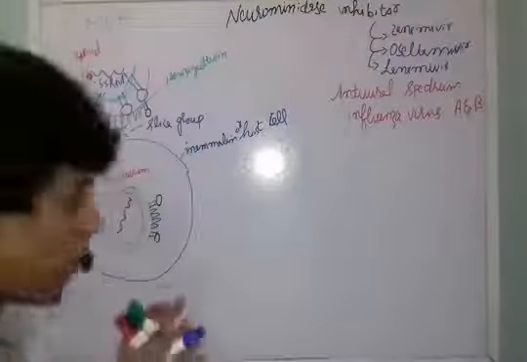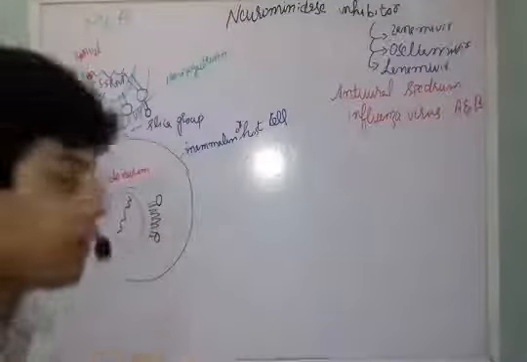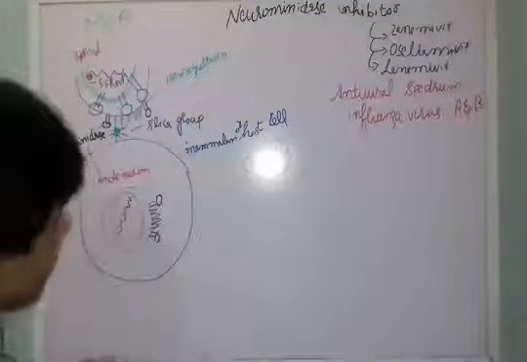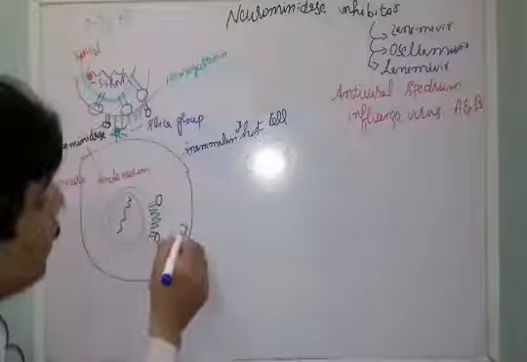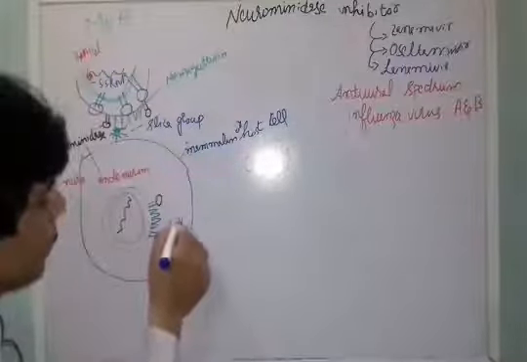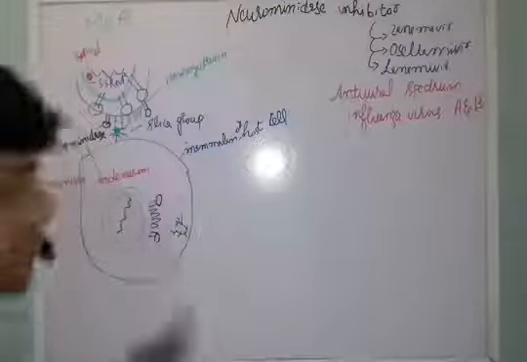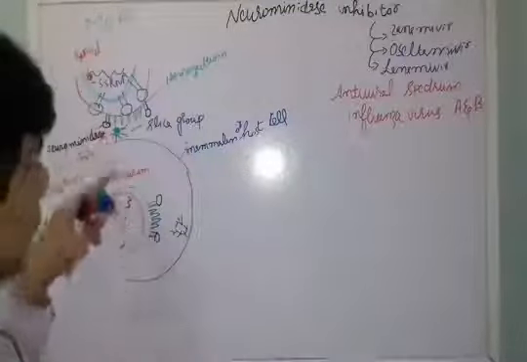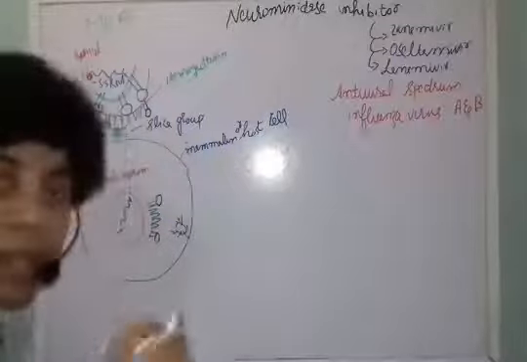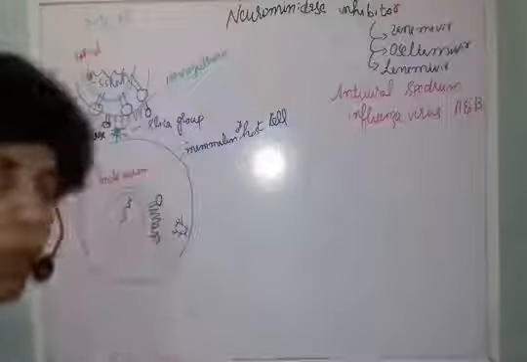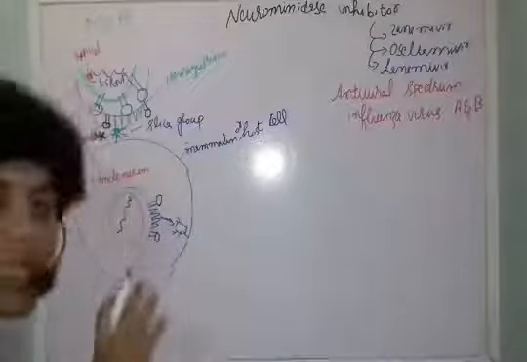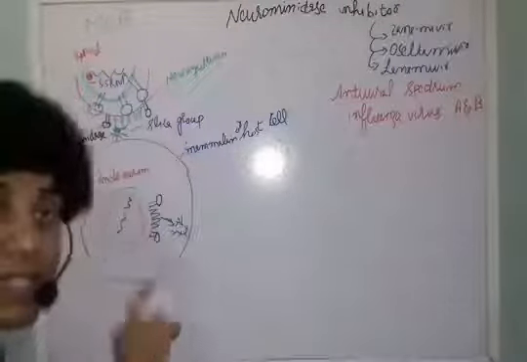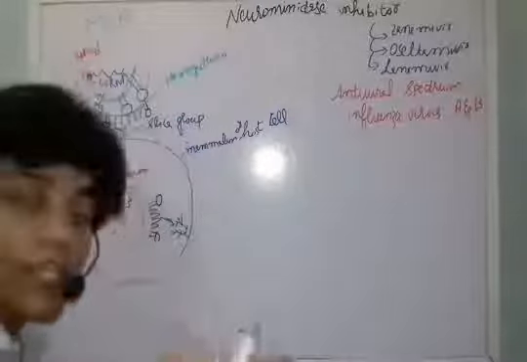So once they are formed, they will be released. Now how are they released? Inside the host cell there are also sialic acid groups present. So these sialic acid groups are not only present outside, they are also present inside. Now what actually happens? This hemagglutinin again attaches to that area, these sialic acid groups. So once they are attached again, this neuraminidase enzyme will show